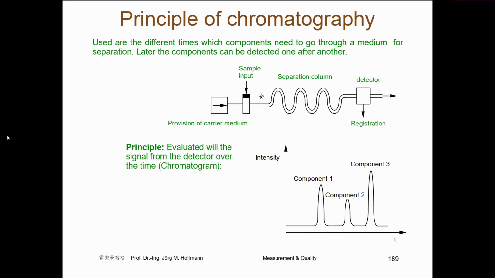And when you have here a sample input, you have here a carrier medium. Mostly it can be, for example, helium. Normally, when you have not a sample in, you go with your carrier medium through this column. It needs time when it is on the output side. And here you have a detector who is detecting one kind of